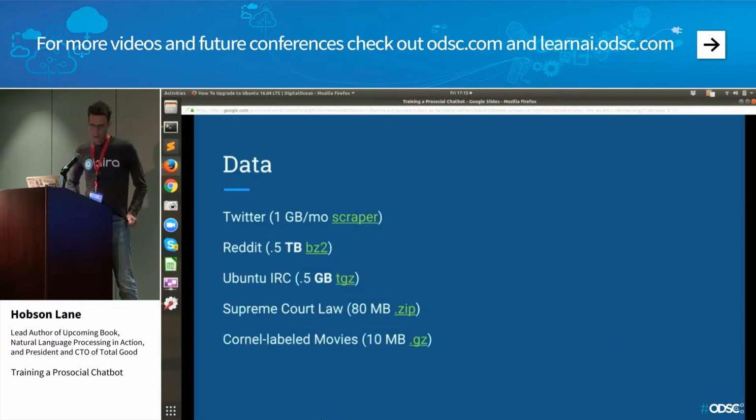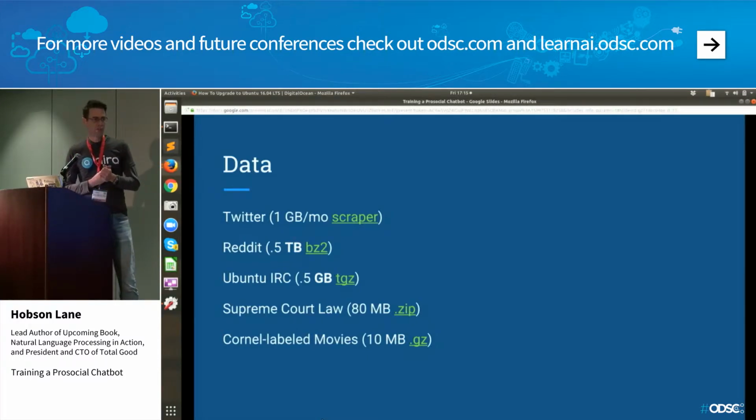So, some data. We're going to need some data in order to train our bot. Twitter is full of it, but unfortunately, it's not super clean. It's awesome for training on sentiment analysis, especially if your application is in a casual world where your users use a lot of emoticons and misspellings and slang. And if you have a lot of bots that might try to interact with your bot, then Twitter's a great place to get your data. But